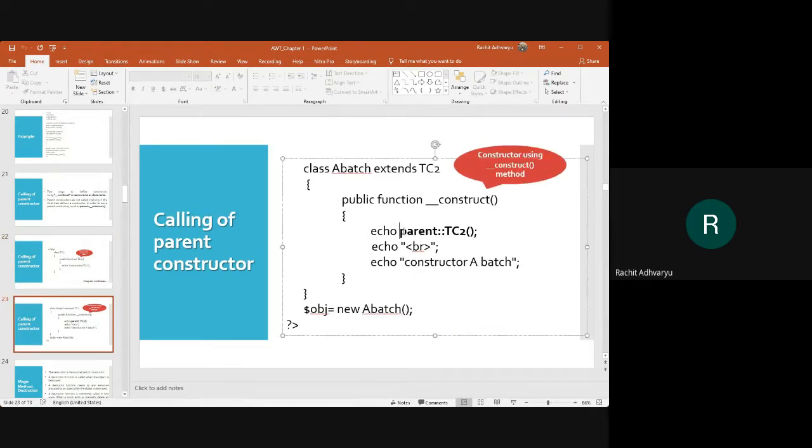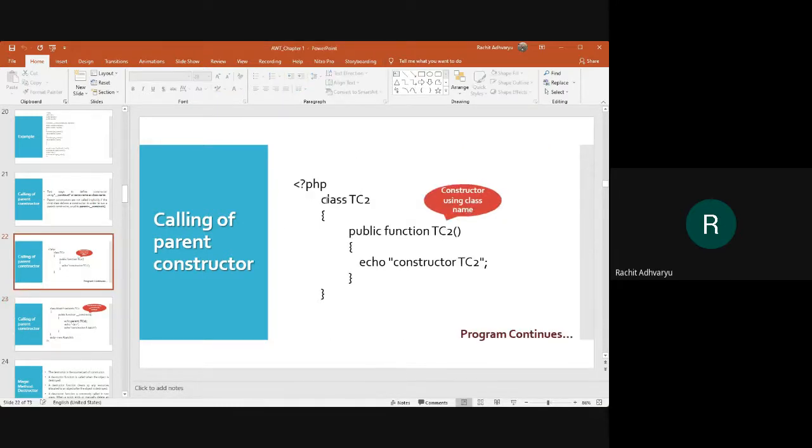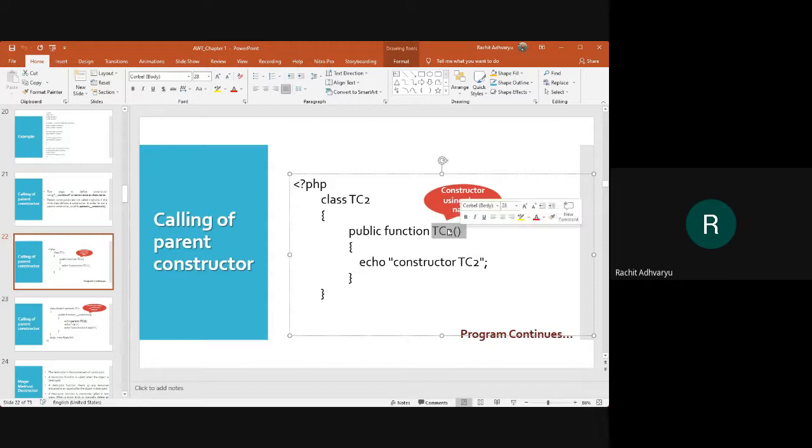We write parent double colon and then the constructor name of that particular parent. So we have function tc2. When we write public function tc2 and the function name is the same as the class name, it means it is a type of constructor only.